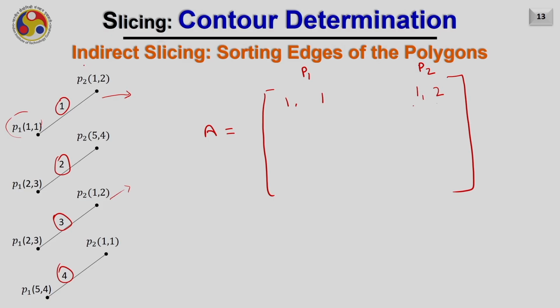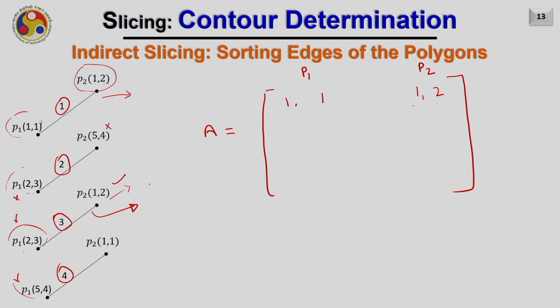Let us now pick the second point of the ith line, and now compare it with the first point of all the lines to see if it is matching. But what we can see, 1, 2 is not matching anywhere. It is not matching with this, it is not matching with this, it is not matching with this as well. Hence, we have to go for step 2, that is, try to match this point with the second point of the line. It is not matching with this, but it is matched with this. That means our next line will be this, but in a reverse manner.